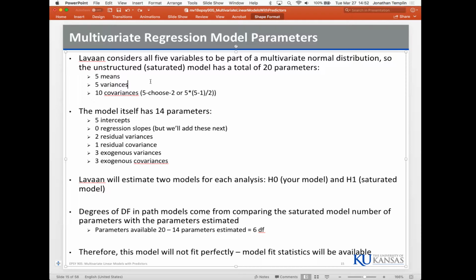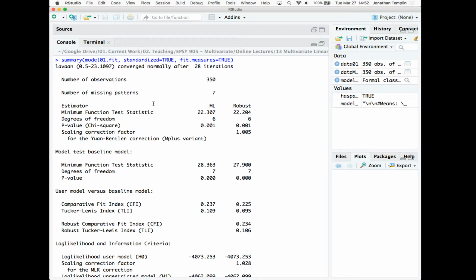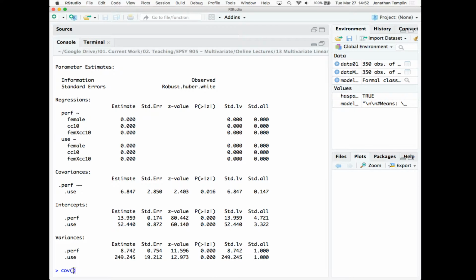So think of it this way, right? How many correlations do we have? So covariance and correlation are the same number, right? We have every pair of correlations possible. And the way you count that, if you remember combinations in math, there's the thing that said 5 choose 2. If you've heard that. There's actually a formula you can use. 5 times 5 minus 1 over 2. Or, if you really like to look at it, if I do this, if I just take